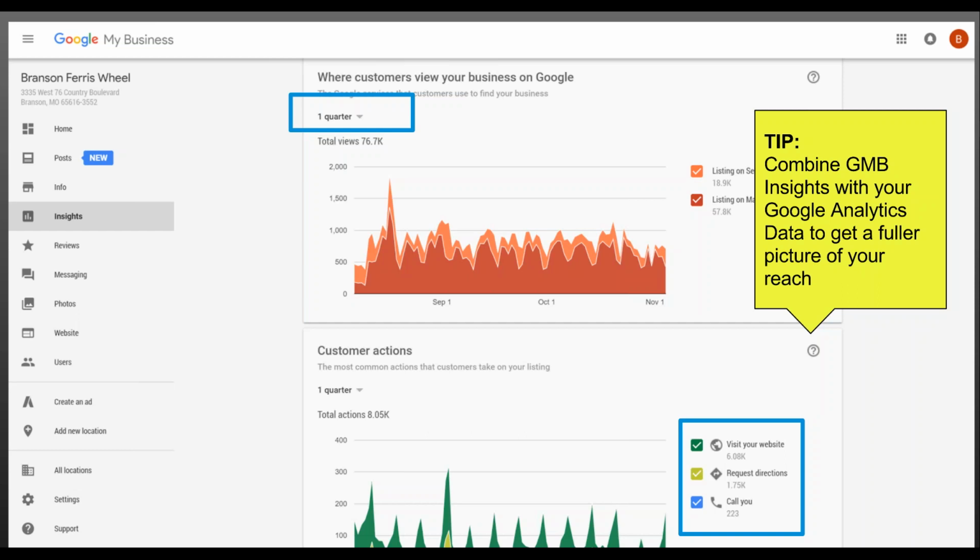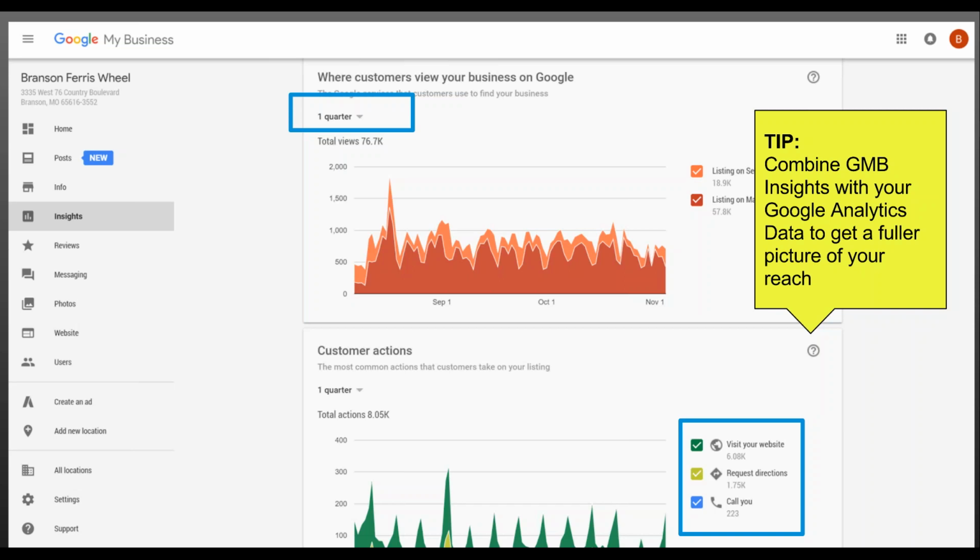And in the last 90 days, they had 76,000 views inside those ecosystems. I also have seen individual businesses with upwards of 2 million exposures inside of 90 days. So there's definitely a lot of opportunity there, and it's important for you to see how you're trending and where you appear. And much of this will have to do with whether or not you're in that 3-pack, or for which keywords you are, and where else you appear in some of the products that we talked about